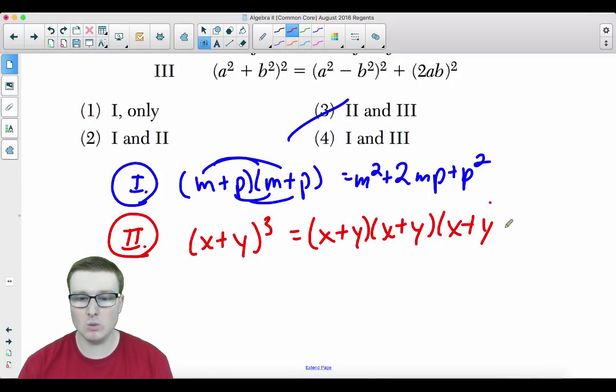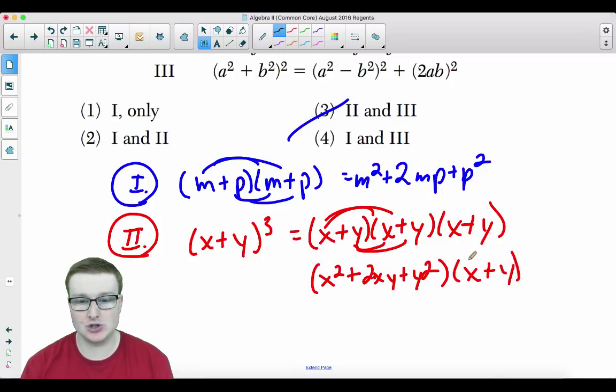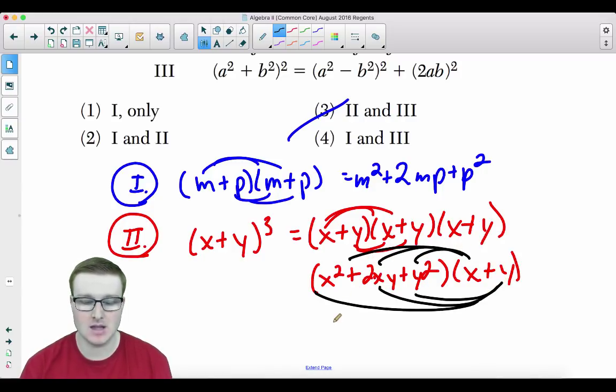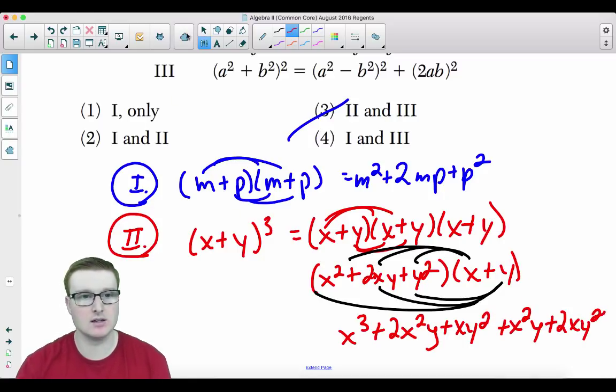So what we need to do is FOIL this first. So we get x squared plus 2xy plus y squared. And now we multiply by x plus y, and we distribute again. Okay? That's the proper way to do it. So, we get x to the third plus 2x squared y plus xy squared plus x squared y plus 2xy squared